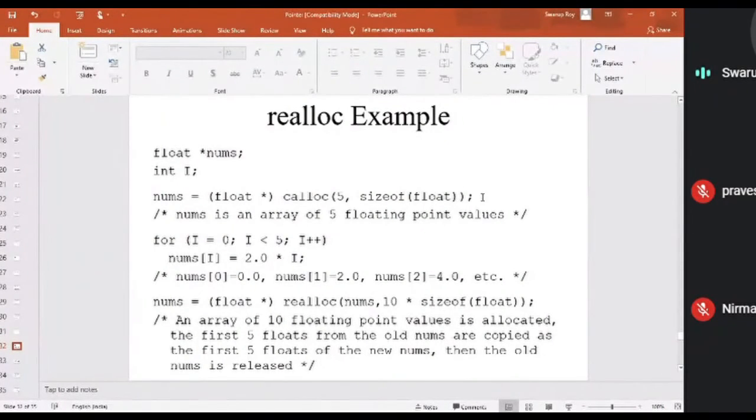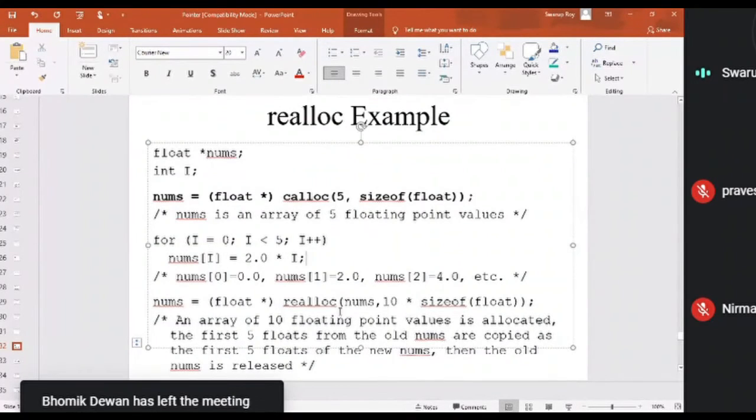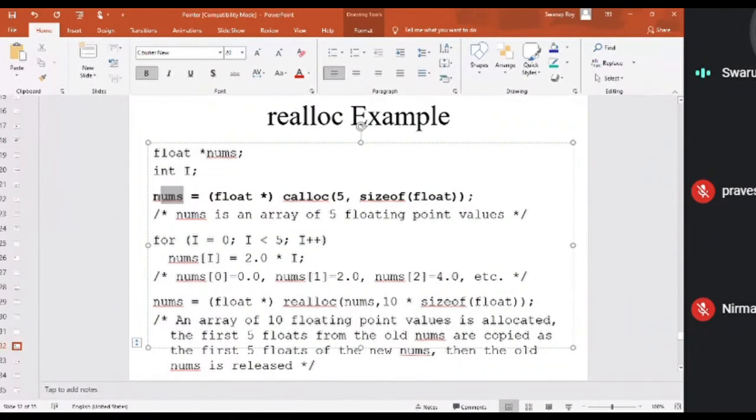You have to declare using calloc, and you see here the first array that you have created using calloc, nums, holds the base address. Later on you would like to extend that space. So you use nums, passing the base address that the old array holds, and then how much space you would like to extend.